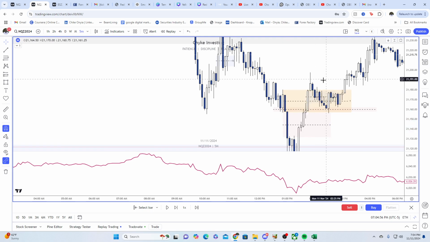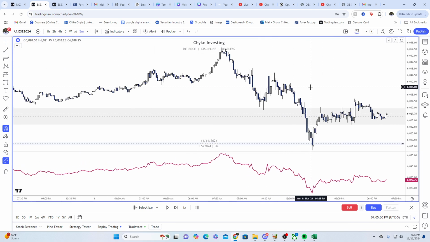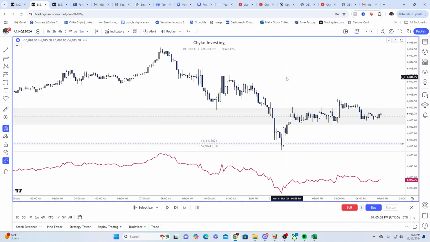Now I took this long on ES. I'll show you that because that's a 22 model right there, and it was actually on 3 minutes. I'll wait, but